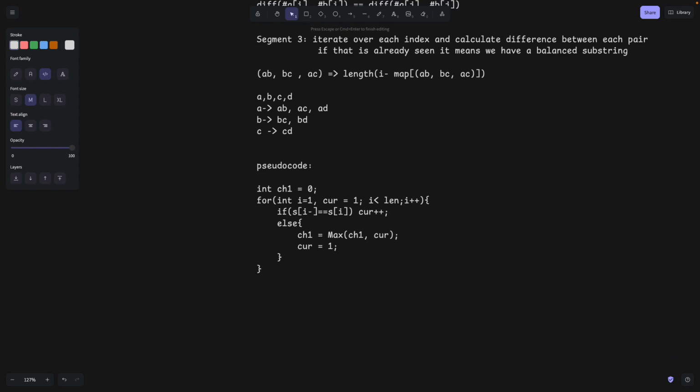And for the second case, when distinct character is 2,